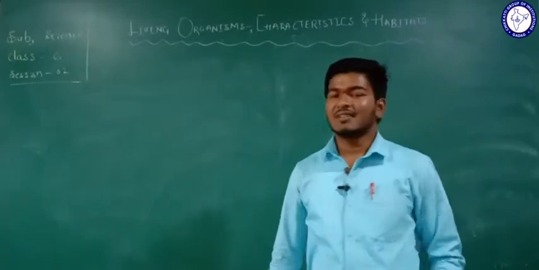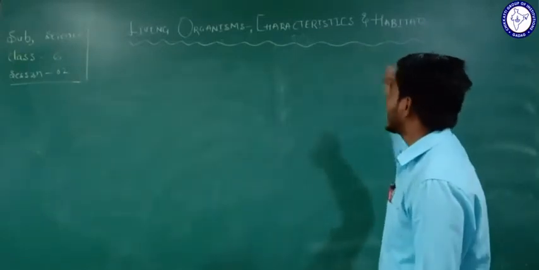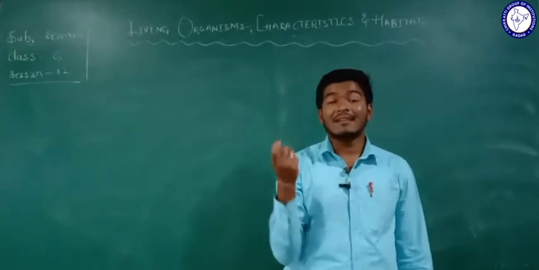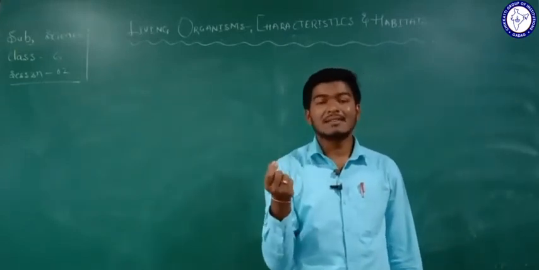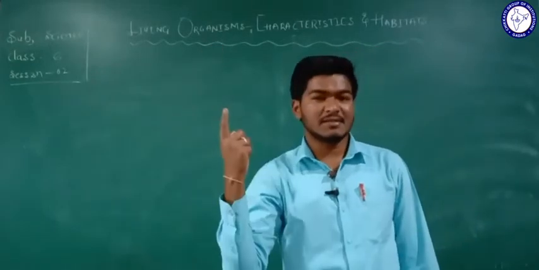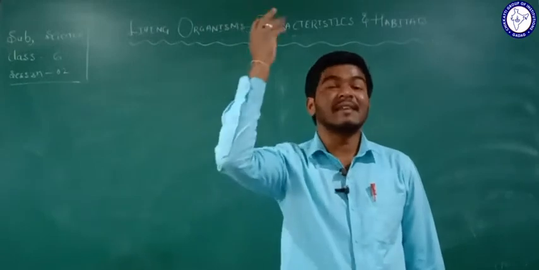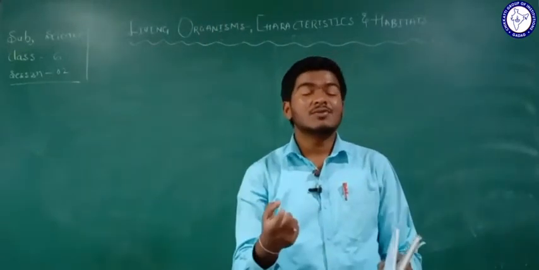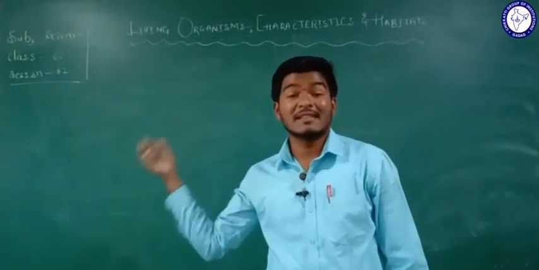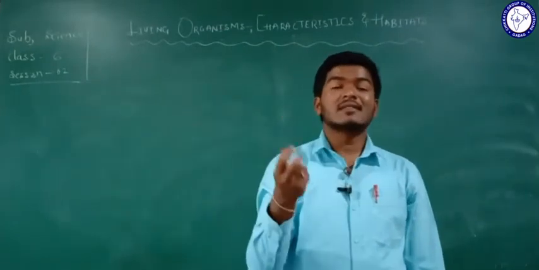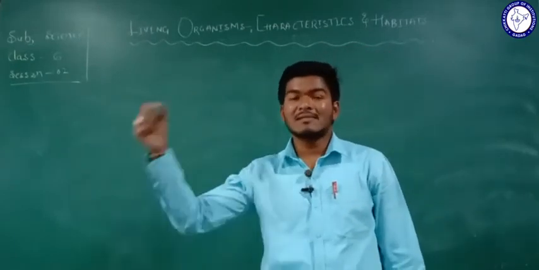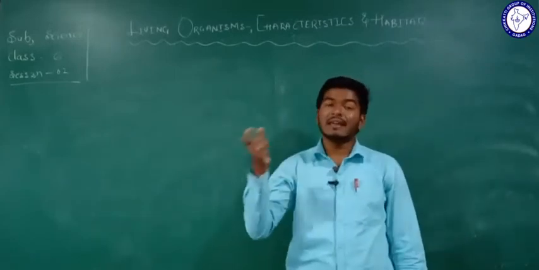In the last session, under the chapter of living organisms, characteristics and habitats, we discussed some of the characteristics and properties of animals, isn't it? We discussed the different types of animals present in different places: the animals in the Himalayan region, in the deserts, and in the sea or inside the water. We also discussed the different types of plants present in different places, and we considered one animal present in a desert,